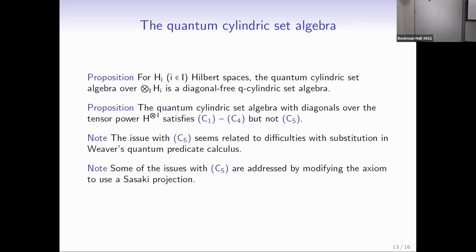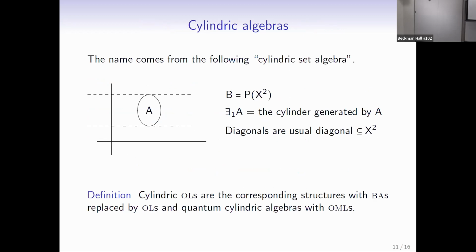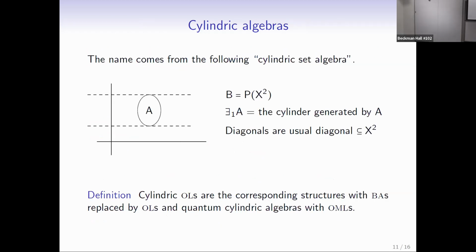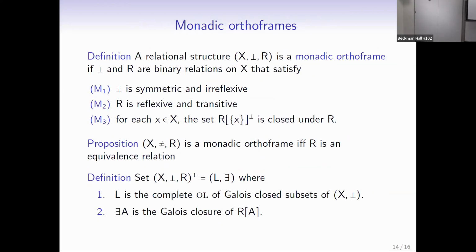So some of the issues with C5 are addressed by modifying the axiom C5 to use the Sasaki projections in here instead of this, if you know what those are. Okay, I've got a few minutes left. Let me finish up with